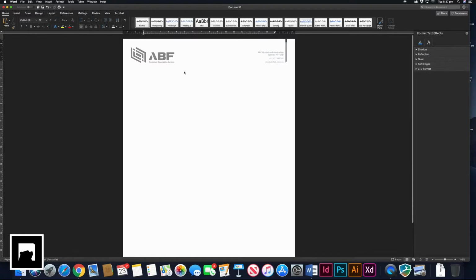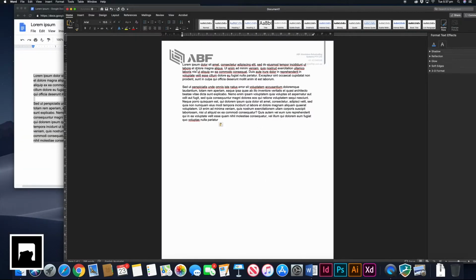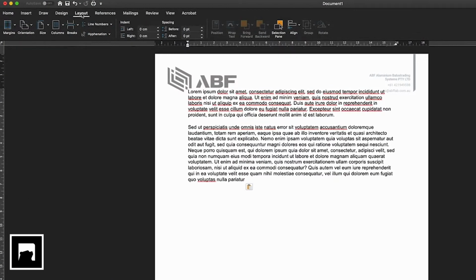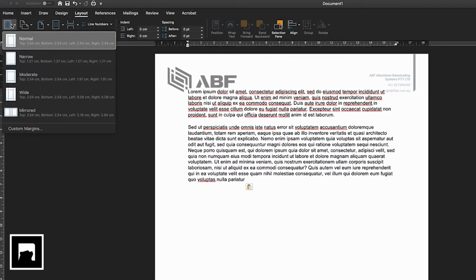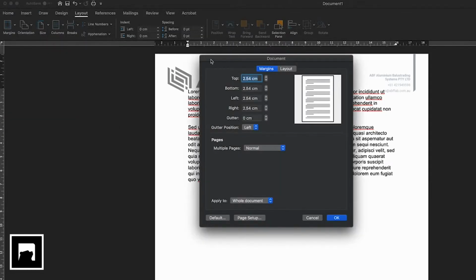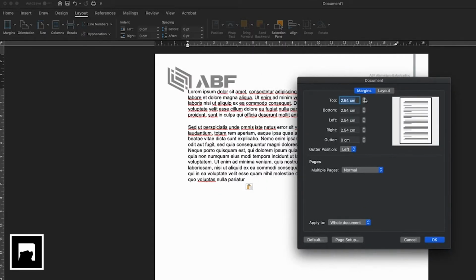But now we're just going to change the margins so we can add some text. As you can see, it's overlapped a bit on the actual design. So I just want to change the actual margins so they fit the text nicely. This is just some placeholder text in the middle, just so I can play around with. I can either do it from here, but the best way I find is doing it through layout, margins, and do custom margins. Once we've got the custom margins, I can play around with the top. You can see it's cutting the logo a bit there, which we don't want.